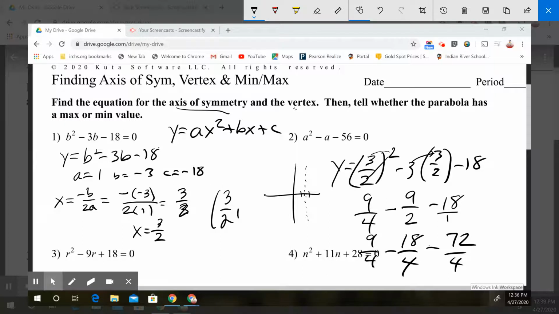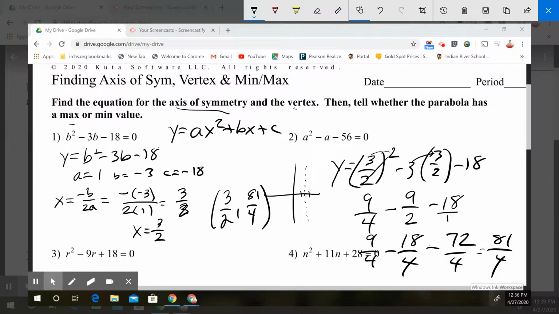So it's 72 plus 18, minus. All right, hold on. And we get a total of 81 over 4, okay? So that's 81 over 4, which cannot be simplified, so I'm glad we don't have to graph it. So there's your vertex. Step 2, find the equation of the axis of symmetry, find the vertex, and then the